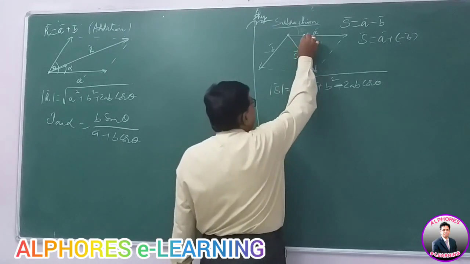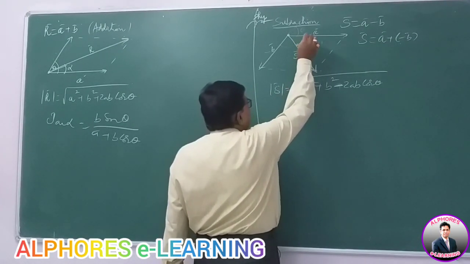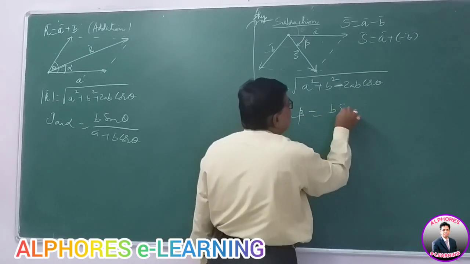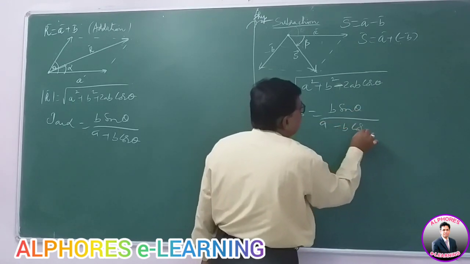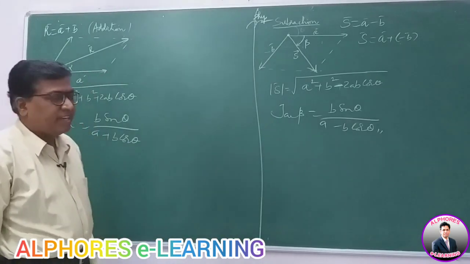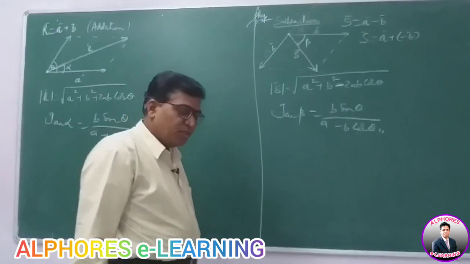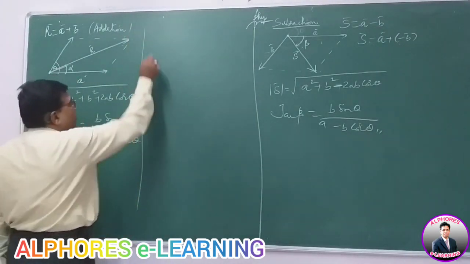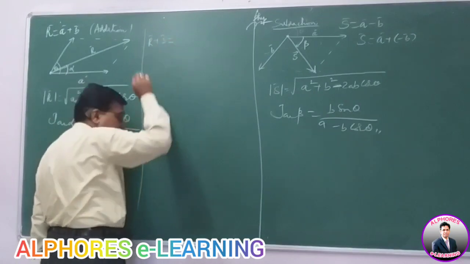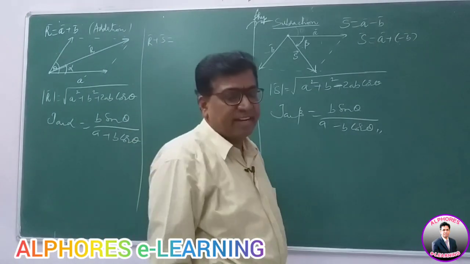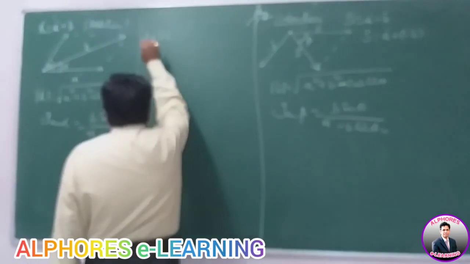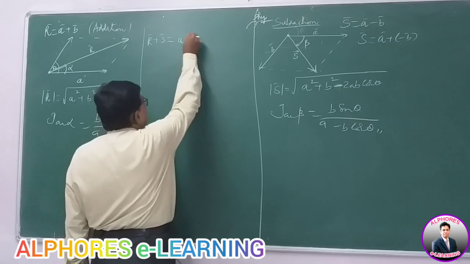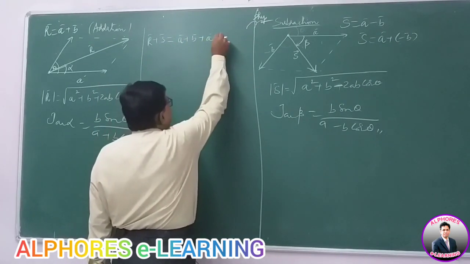The angle made by the subtraction resultant with the vector a is beta. So tan beta is given as b sin theta by a minus b cos theta. This is the subtraction resultant. So this is the addition resultant, and this is the subtraction resultant. Suppose I take up the combination of these two, like if he is asking you to find out what is r bar plus s bar, the resultant of the addition resultant and subtraction resultant. Then you know the addition resultant is a bar plus b bar and the subtraction resultant is a bar minus b bar.